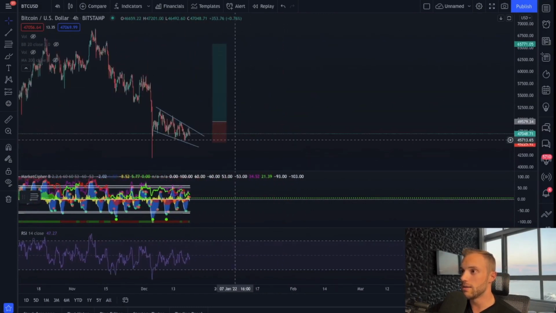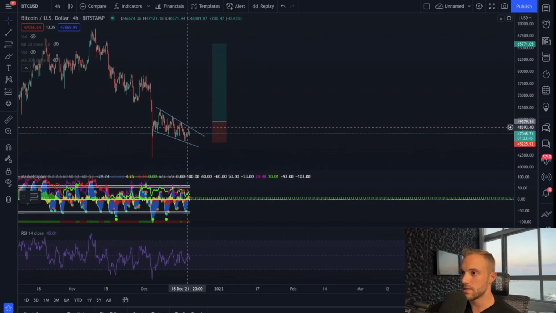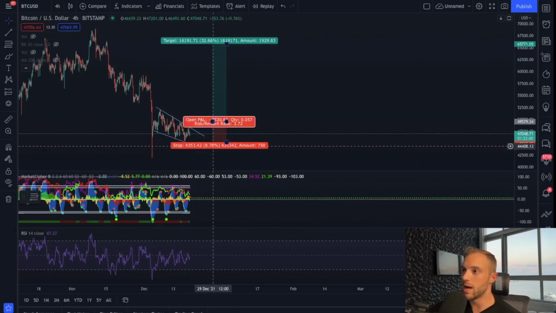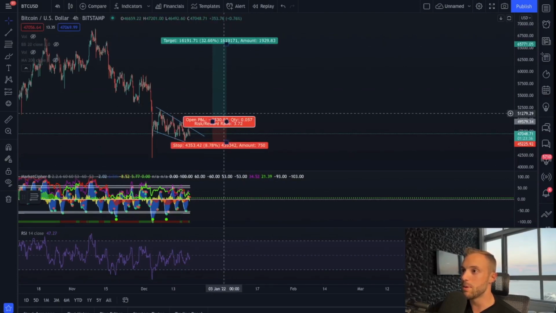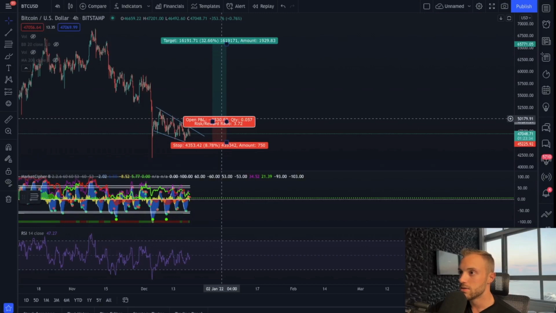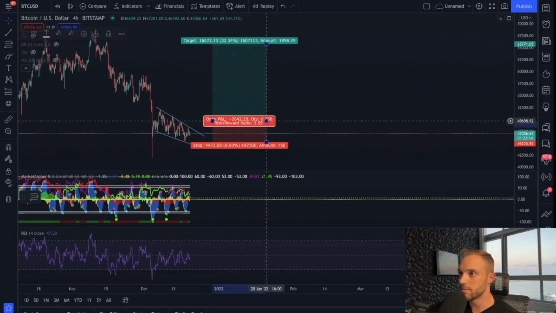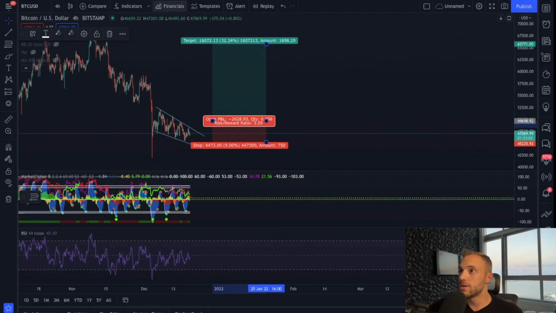All right, so I want to enter this trade if we break this resistance and we break the previous little swing high right here. And if we do, I want to have a stop loss here and a take profit at 66K up here. Okay, so that would put my risk reward on this trade to be, let me expand this so you guys can actually see this, 3.59, which is great. I like to see it between 1.2 and 5, to be honest. Preferably it's higher because that means you're risking less to potentially gain more, right?